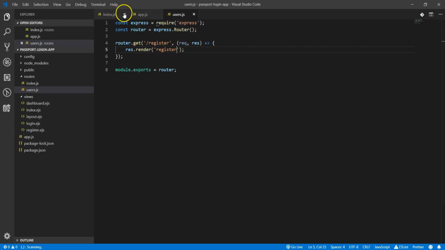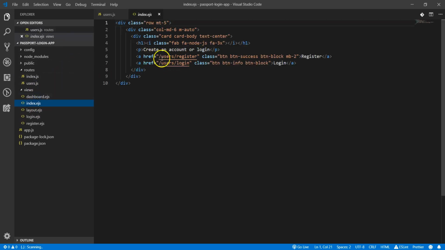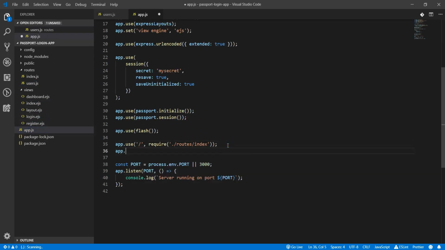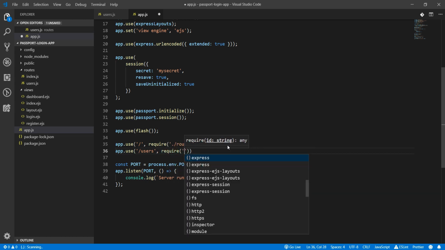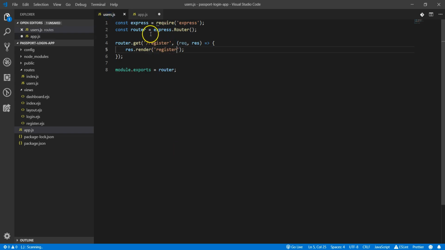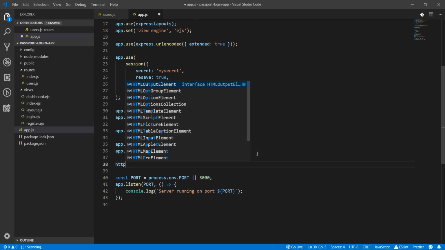But remember, here inside our index.ejs, we are going to /users then /register. But here I'm just only defining register. Now to do this, I'll define it here, app.use /users, then require routes/users. So whenever a user visits this route /login, this will be appended to the URL,